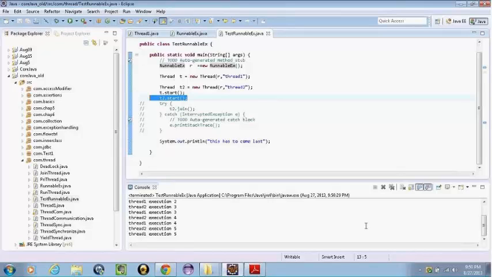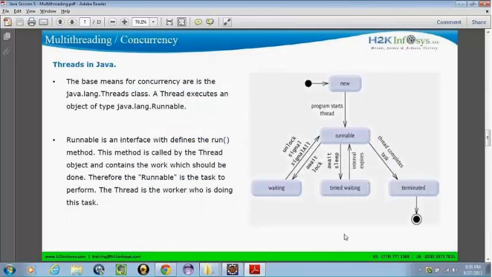So folks, any doubts in the code that we wrote? First we created a thread class by extending the Thread class. So in the first way of creating a thread, by extending the Thread class, we override the run method. So how do we start this thread? We have to create a thread object and